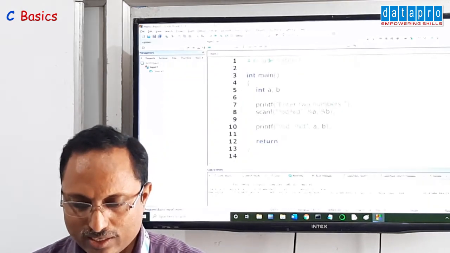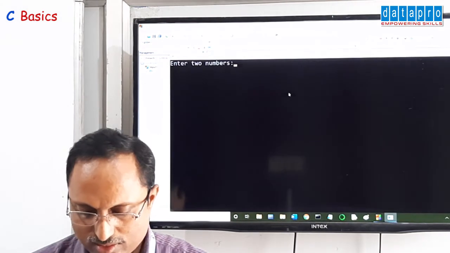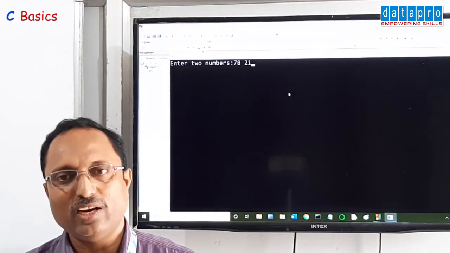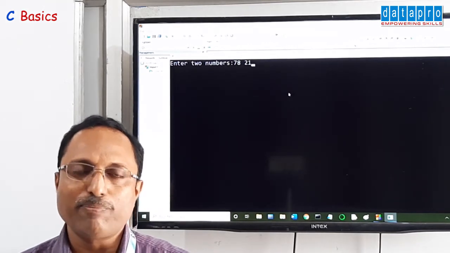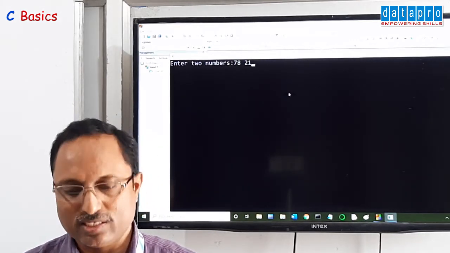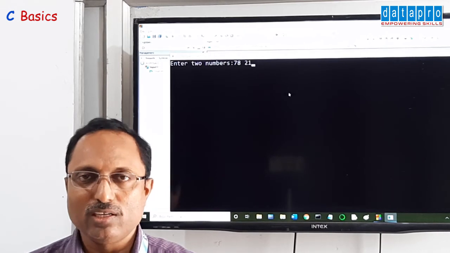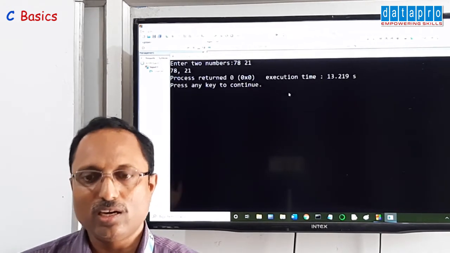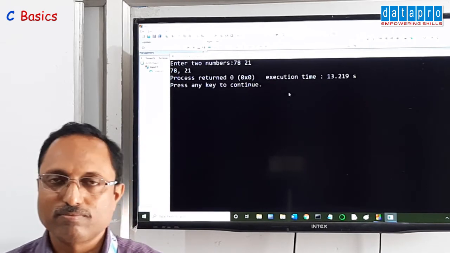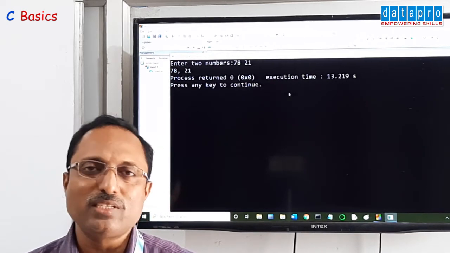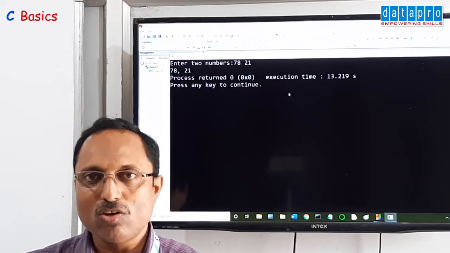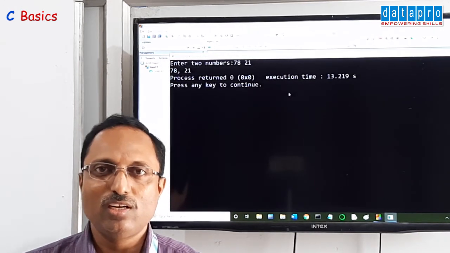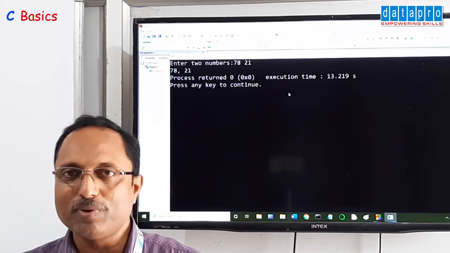Another way would be, some number, you can give space followed by the second value. For integers, you can separate the input with space. Okay, don't put a comma in between, just give a space. That is also okay. But the downside of giving spaces is, suppose you want to take 10 numbers as input, then you have to count how many numbers you have entered, and 10 times you have to give space, of course. Then after counting 10 numbers, only then you press the enter key.